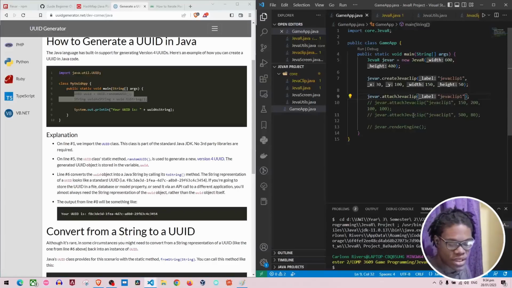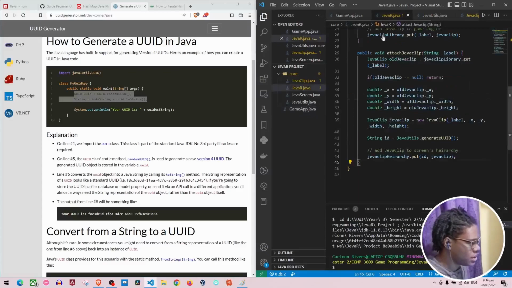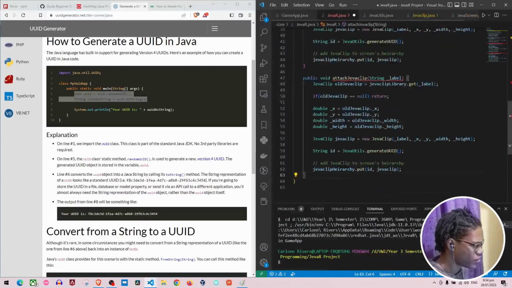So we want to use everything else the same, with the same height, the same labels, but we want to override the X and Y position. So I'm not sure if it's called overloading or polymorphism or overriding, but in Java specifically, we can create another method